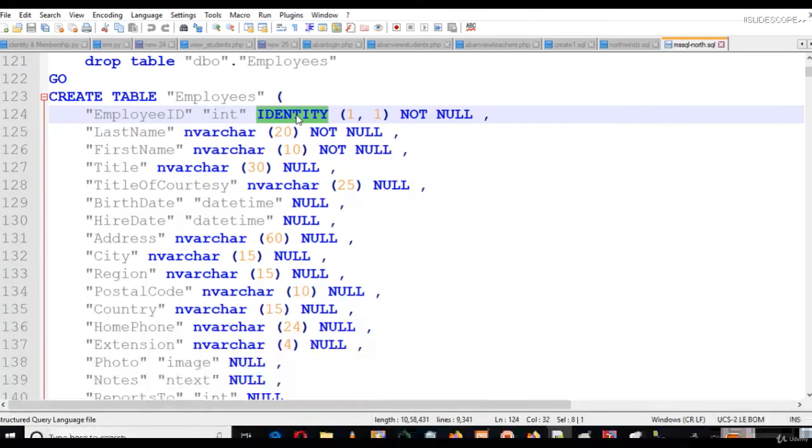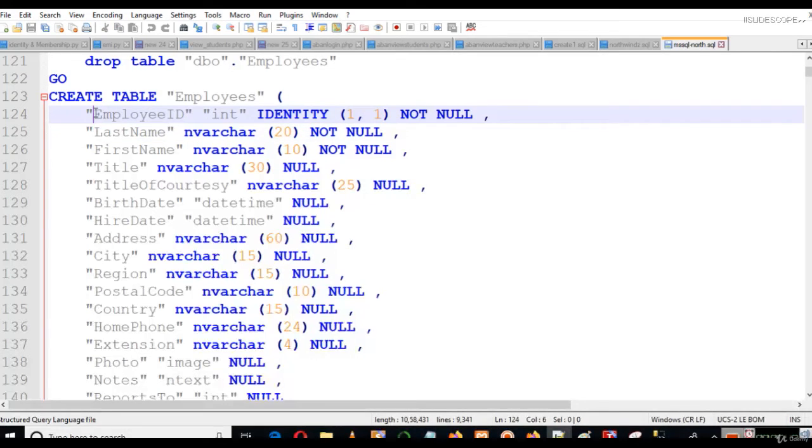That means at employee ID we are making employee ID a primary key, and we are setting an auto increment of 1. So that is the meaning of identity (1,1) here: we are setting it as a primary key, and we are also auto incrementing it by 1 every time a new record is inserted. And not null means it is not null.